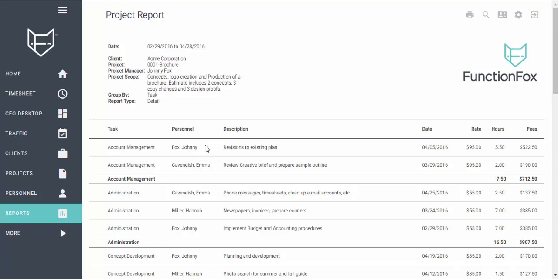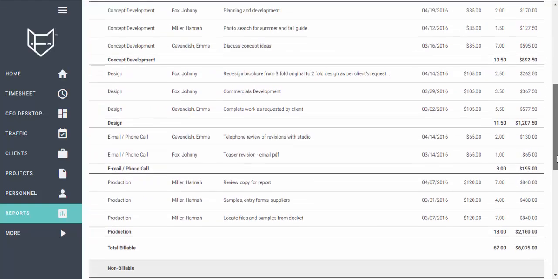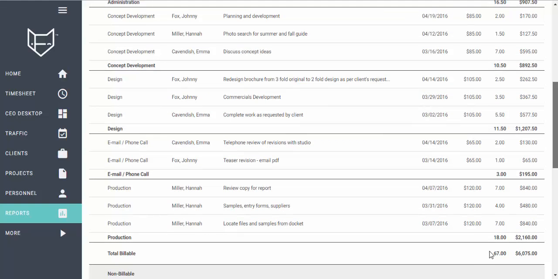You can see who carried it out, the description of what they were doing for their time, and the date that they carried it out as well. For account management there was 7.5 hours worked, resulting in $712.50. And this does this for all of the tasks all the way down this report. At the bottom there's a total of 67 billable hours worked, resulting in